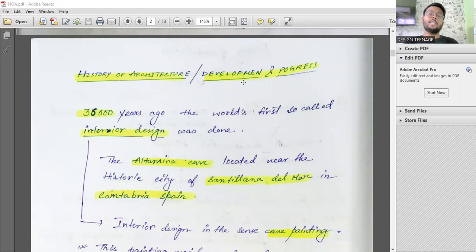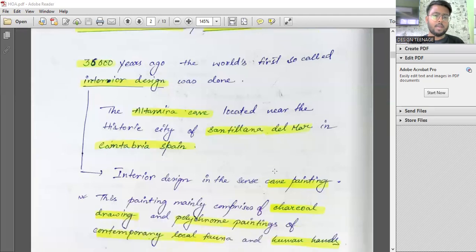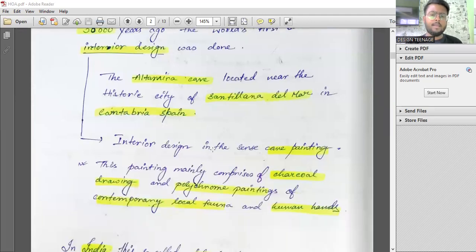We have not found anything else till today. Some recent discovery may show that there was something dating back to a much longer period before this, but we are considering this as the very first interior design that we are able to see. Again and again, when I talk about interior design, I mean nothing but cave paintings done by hand, with colors extracted from natural flora and fauna. Clear?